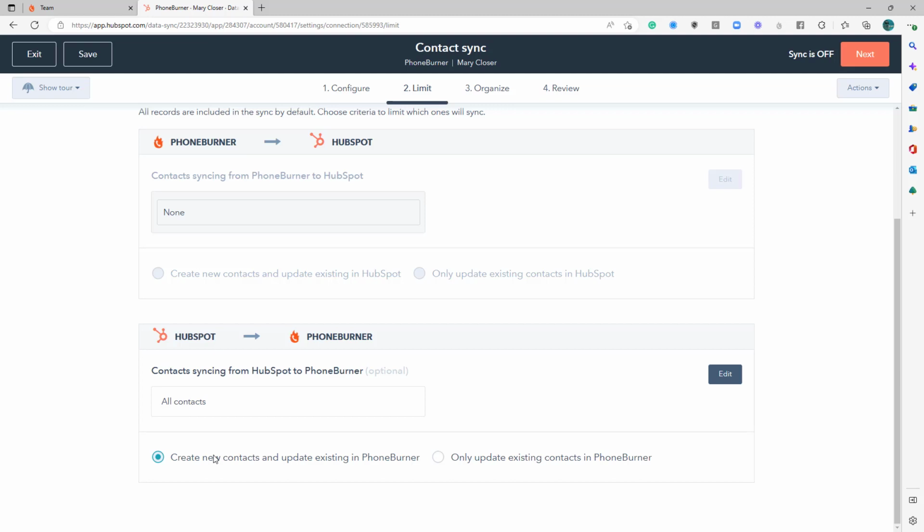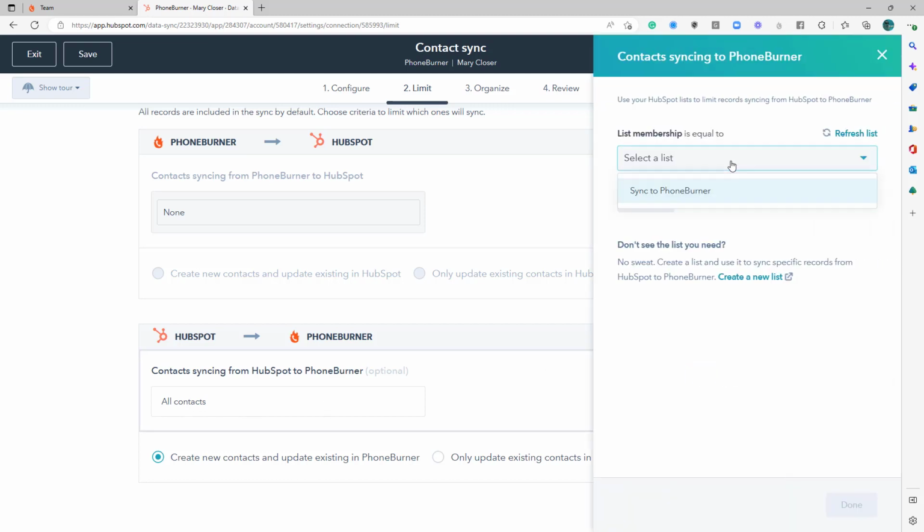So if you decide that standalone is the right method for you and your organization, then you're going to need to create unique connections between HubSpot and PhoneBurner. But it's important when you're creating these connections that you don't sync all data between the two systems. I'd recommend creating a specific list that you would then sync over to HubSpot. Now, obviously, I have just a very basic list here. I just got the sync to PhoneBurner list. So I would create